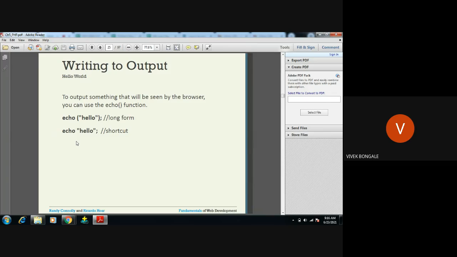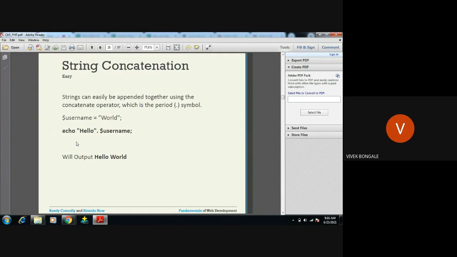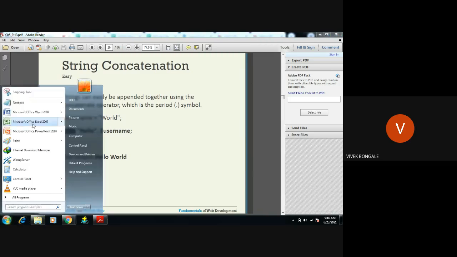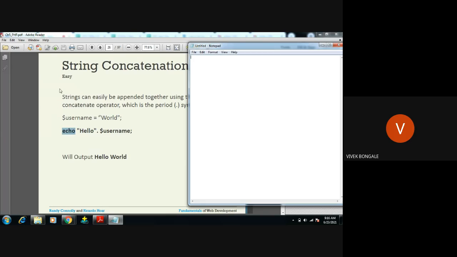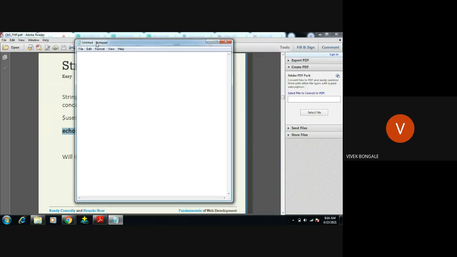So now string concatenation. Okay, string concatenation means I am declaring one variable, right? And in echo I am not using that particular statement. I am trying to get that value from this variable and displaying the output, right? How to do this? Go here, string concatenation, you know, right? String concatenation, basically, it's going to join particular statements. Okay, it will join some words in the particular statement. Okay, what we do,